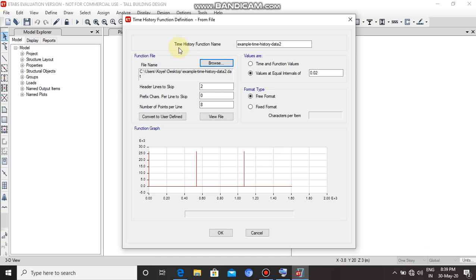Now change the file name to Time History. Click on Fixed Format and then click on the option, and we can see the graph has come.